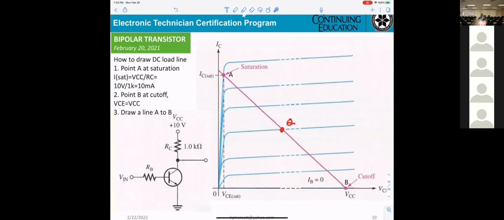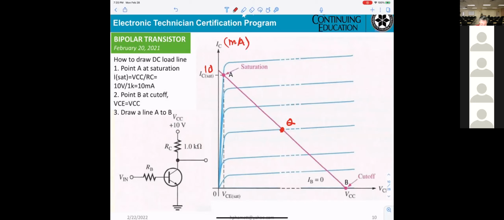Now, you're looking into this circuitry here. VCC 10 volt divided by 1 kilo ohm. Okay? Then you can get IC at saturation equal to 10 milliamp.